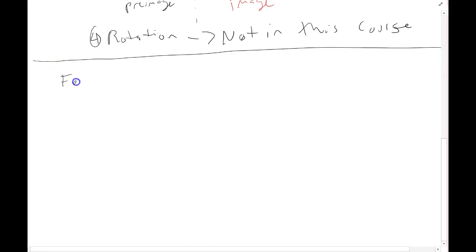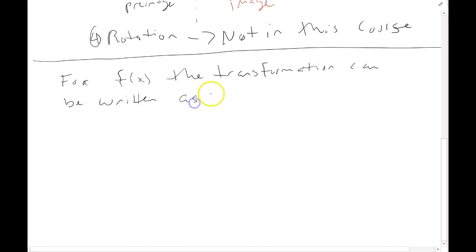So for some function f of x, the transformation of that function can be written as g of x equals a times f of 1 over b x minus h plus k,